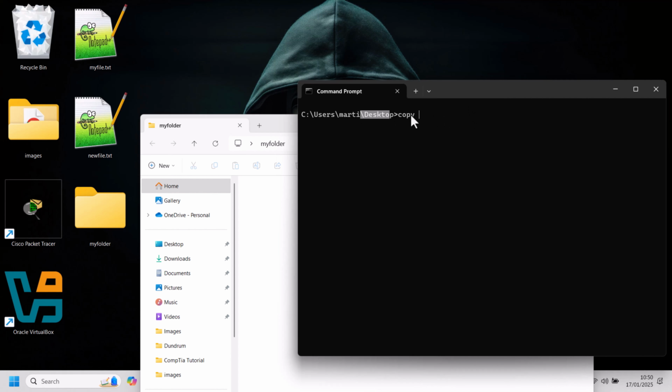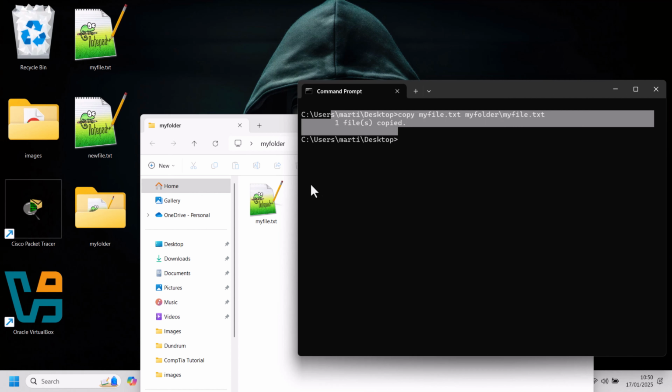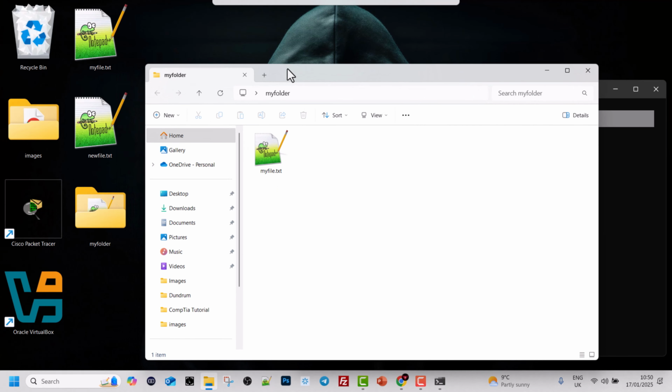Let's type in after the space only this file name, so myfile.txt and space, and after this space we are specifying where we want to copy this file, and like I mentioned, we want to copy it to my folder backslash, and then we give exactly the same name as in this my folder. There is no name with this file myfile.txt, so I will also type in myfile.txt and hit enter,